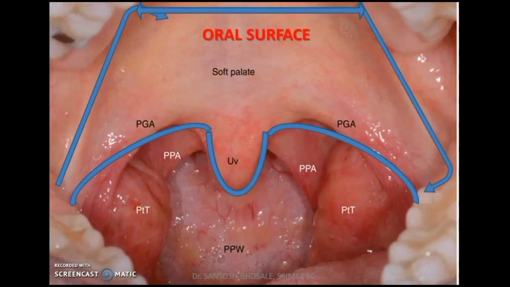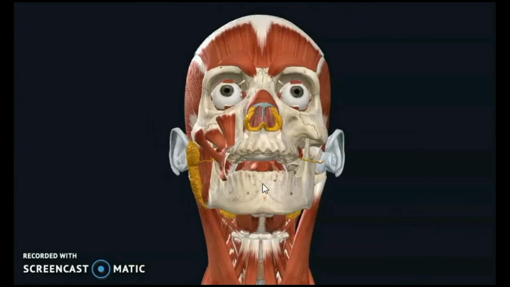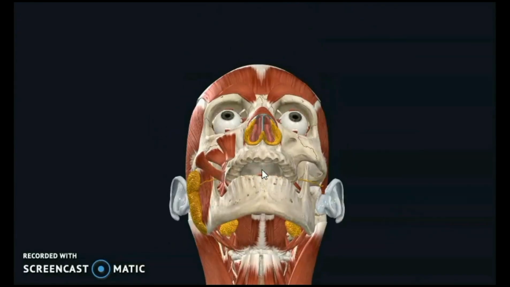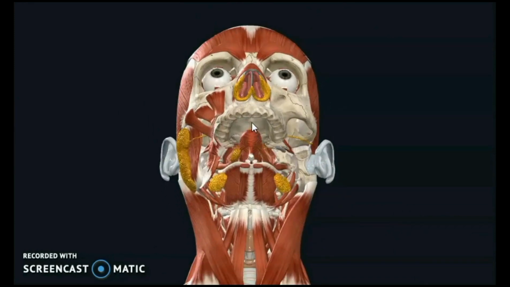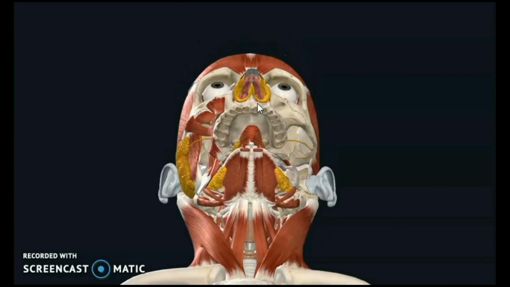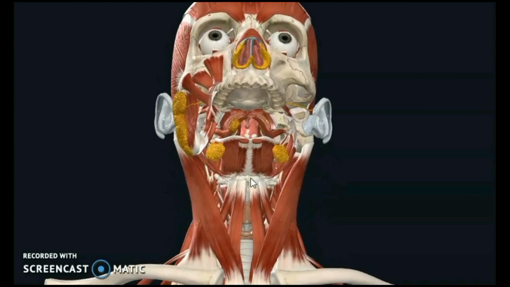That is the midline projection called the uvula. So this is the oral surface what you are seeing. It is roughly quadrilateral when it is relaxed. You can see that. And now we will see how it forms a partition between the oral cavity and the nasal cavity. You can see here, that is the bony palate or hard palate lying within the alveolar arches, formed anterior 2/3.